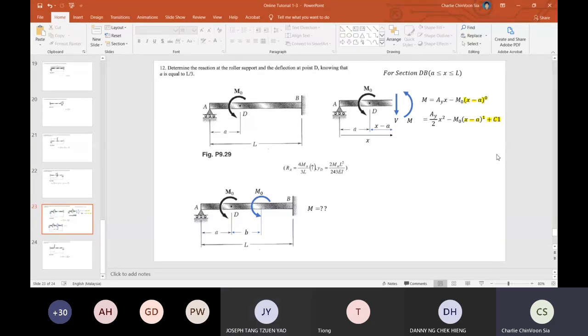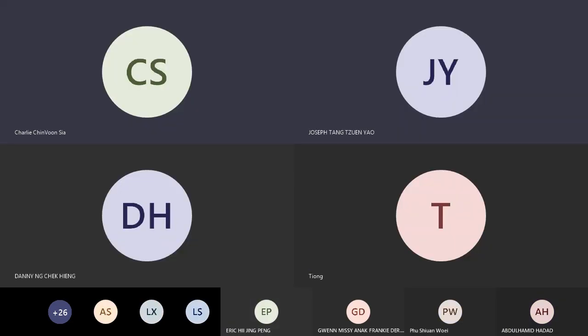However, if you use the equation to calculate the deflection value and the slope value, you will definitely get the same value. So this is about the deflection value, and the next thing I wanted to show you, I think the last thing I need to show you, is the